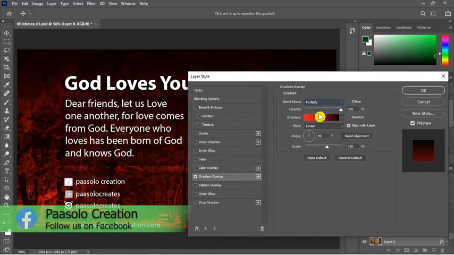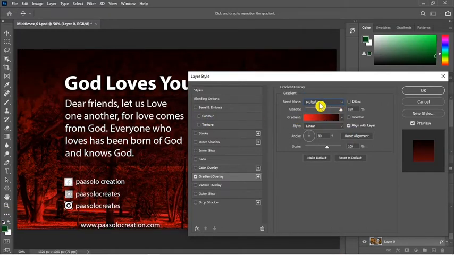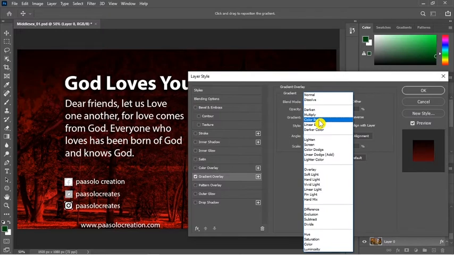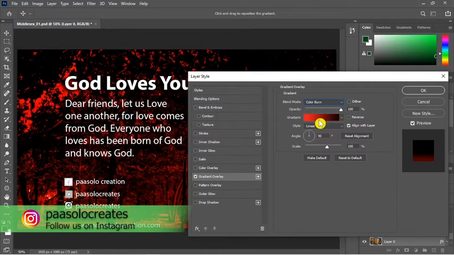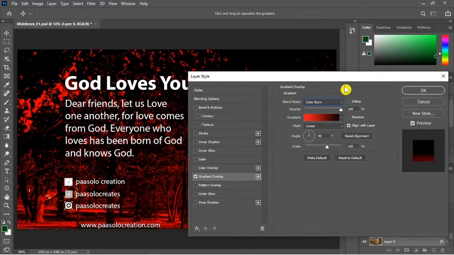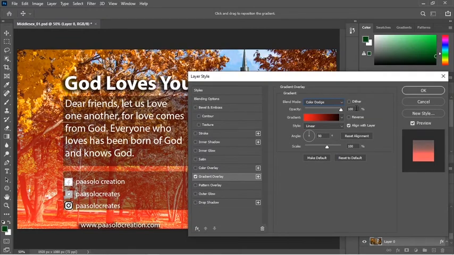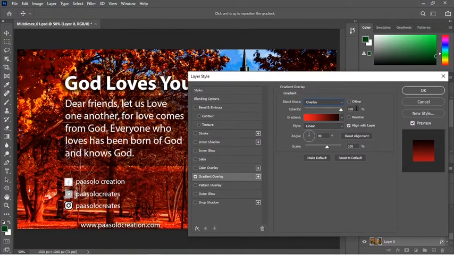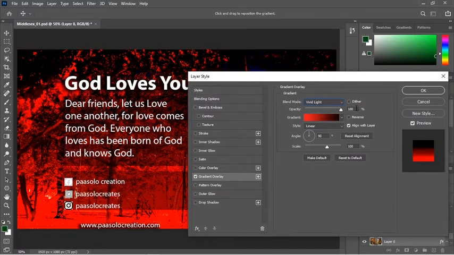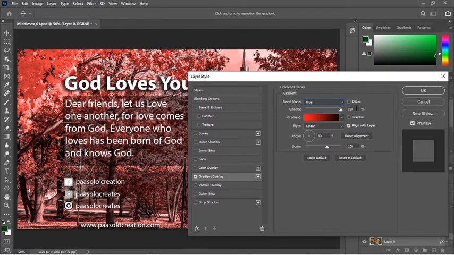Then let's try multiply. You see that Photoshop is trying to do some adjustment for you. Color band. And with your blend mode selected, you can also use your arrow keys to change them. So when I click on it, you see darken, lighten comes. So I can just go through and choose the one that I am pleased with, just clicking on the down arrow for the changes. So maybe I am satisfied with this.